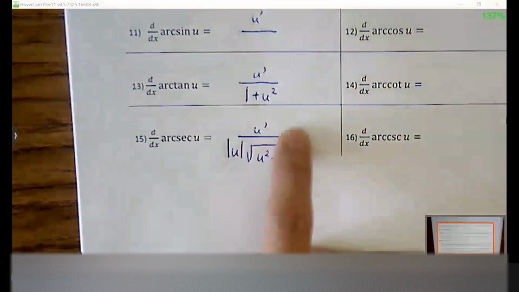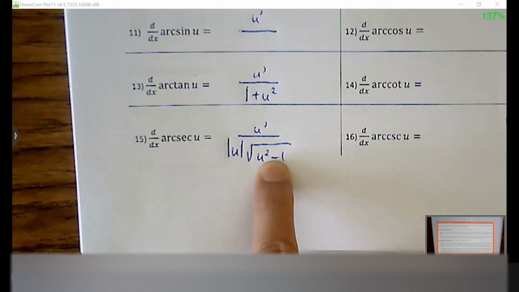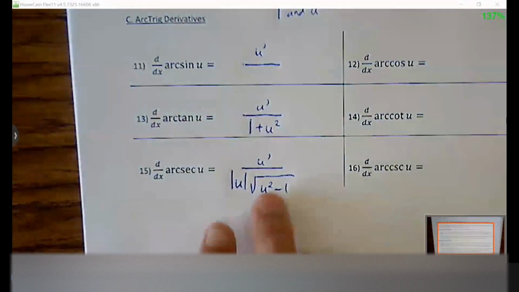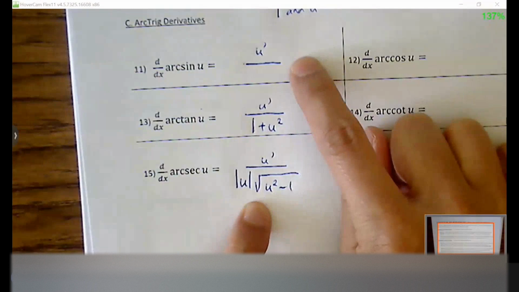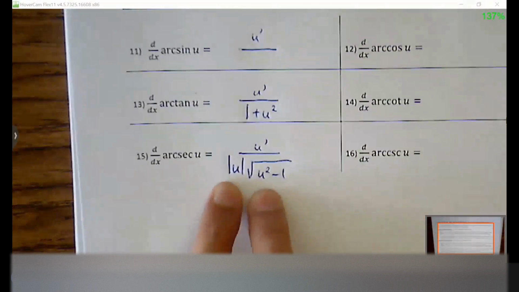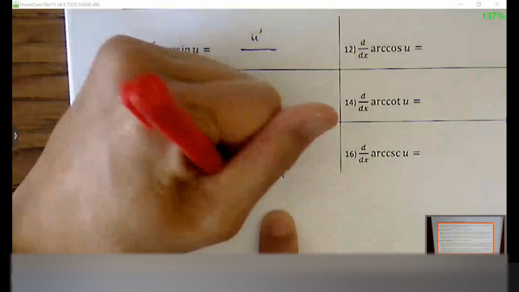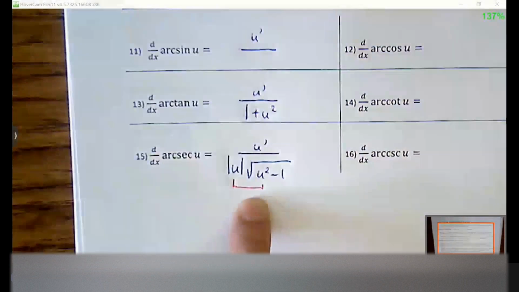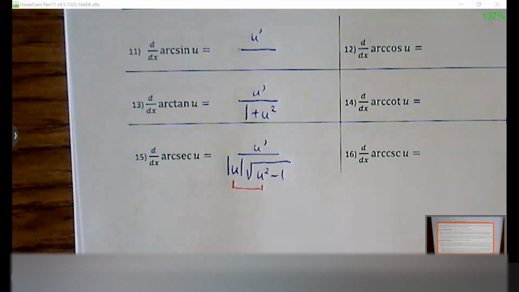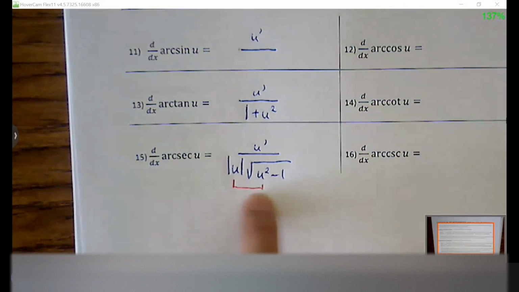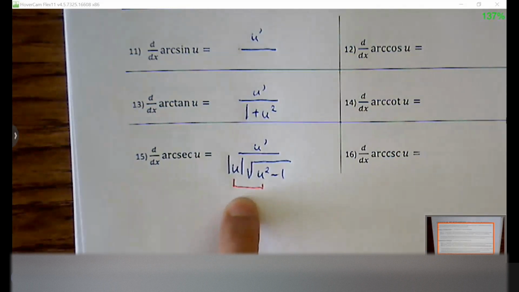The absolute value, the square root, the minus sign. I like to do this one first before arcsine because these look so similar to each other. But arcsecant is nice in the sense that I know the u's are going to be next to each other. So that's what reminds me to put that u squared first. It's not 1 minus u squared, it's u squared minus 1. I just know that the u's are next to each other, and that helps me remember the order of the